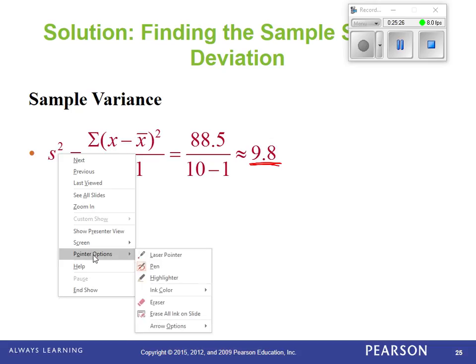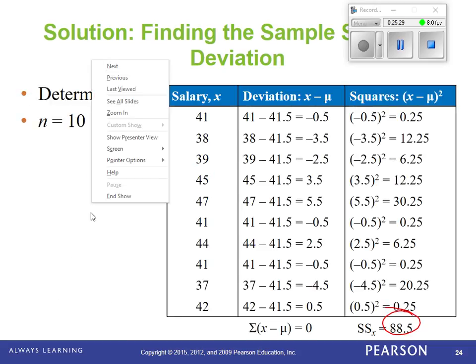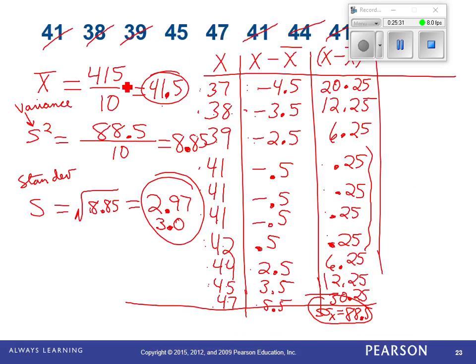Oops. Let's go back because I messed up. I messed up right here. This should be 10 minus 1, so that's going to change this. I forgot we were doing a sample. So you do